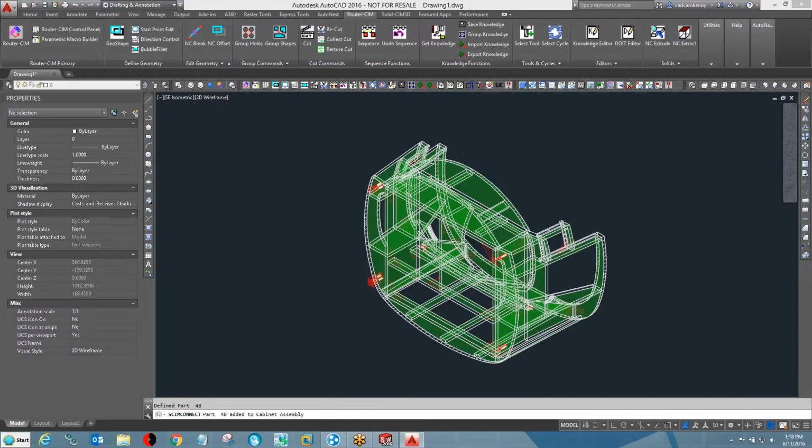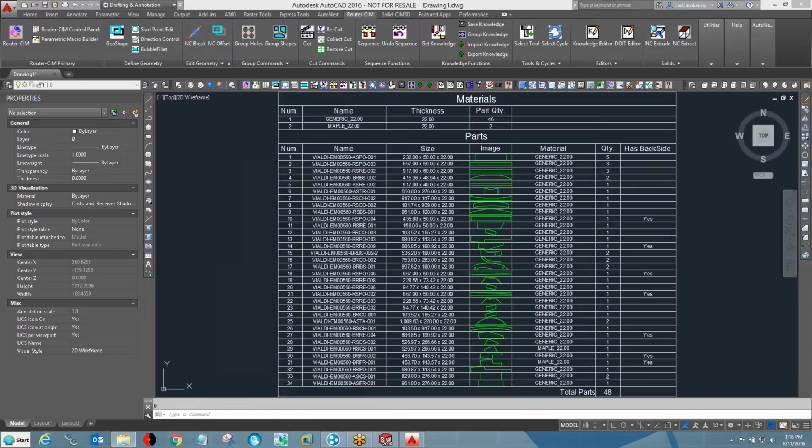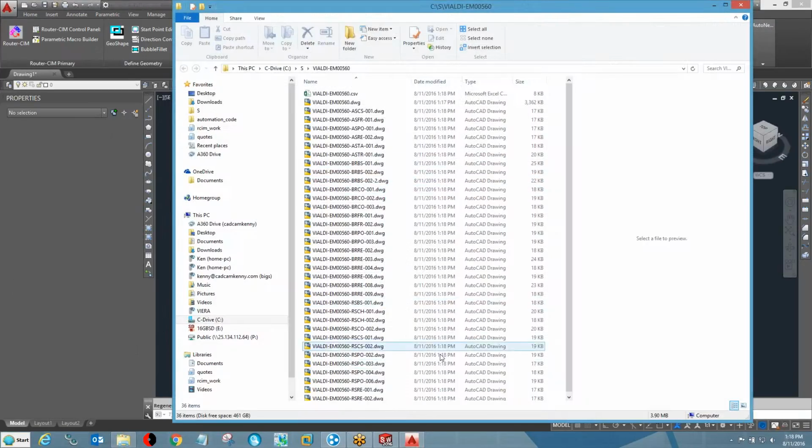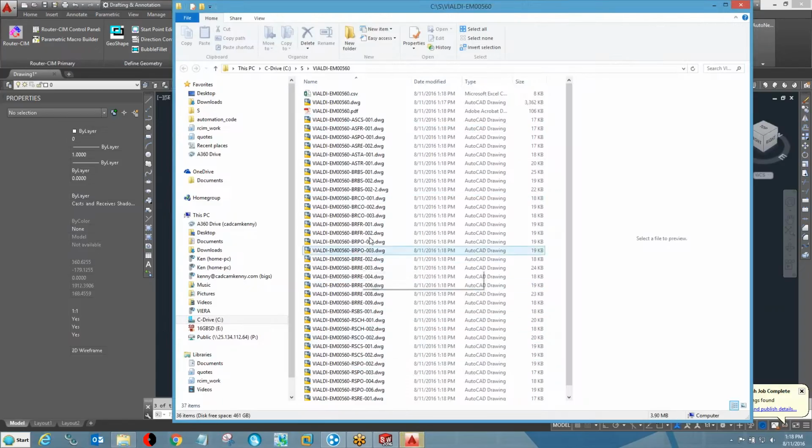It makes the CSV file, and it gives me a whole folder full of drawings. There's the parts. Show the parts, Kenny. So in other words,